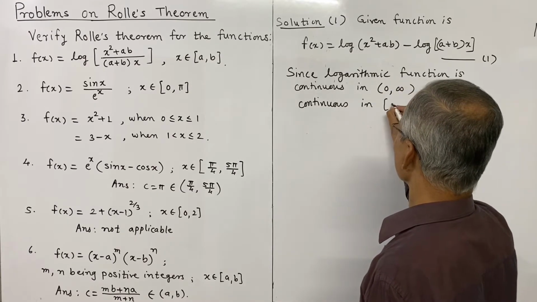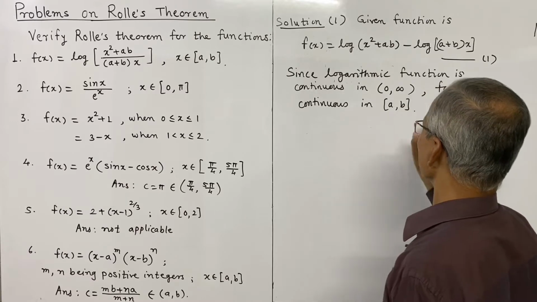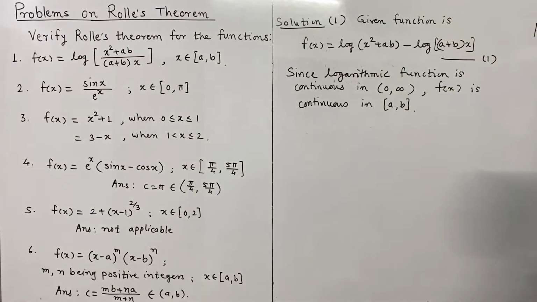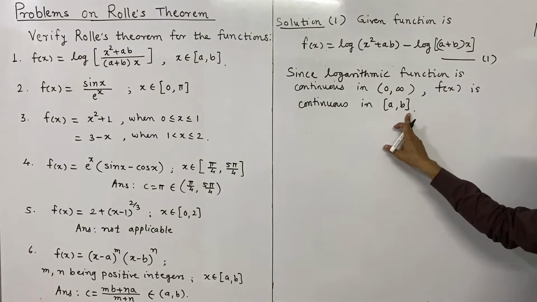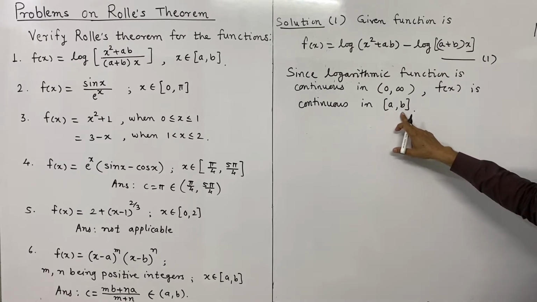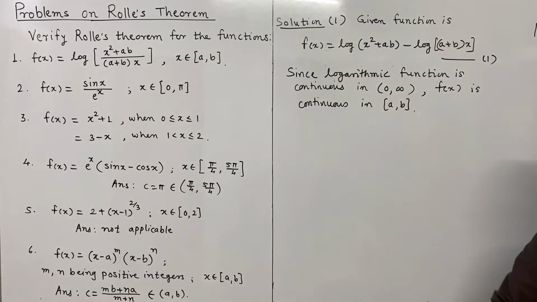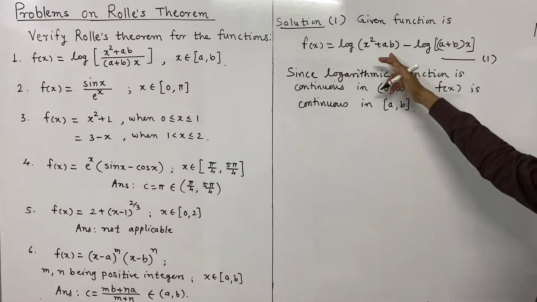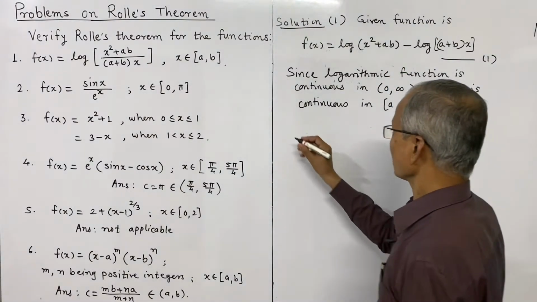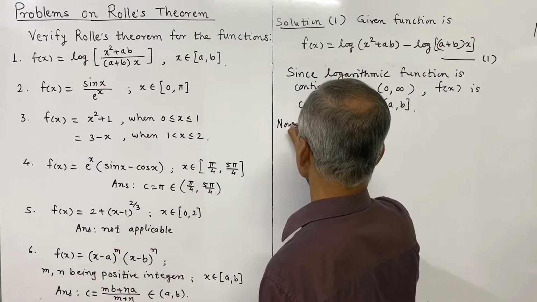Continuous in the interval AB. Now here we have to assume this as, say, interval AB, where the logarithmic function will be continuous. Now the second condition of Rolle's theorem is whether it is derivable or not. We can differentiate this. Now f dash x is equal to